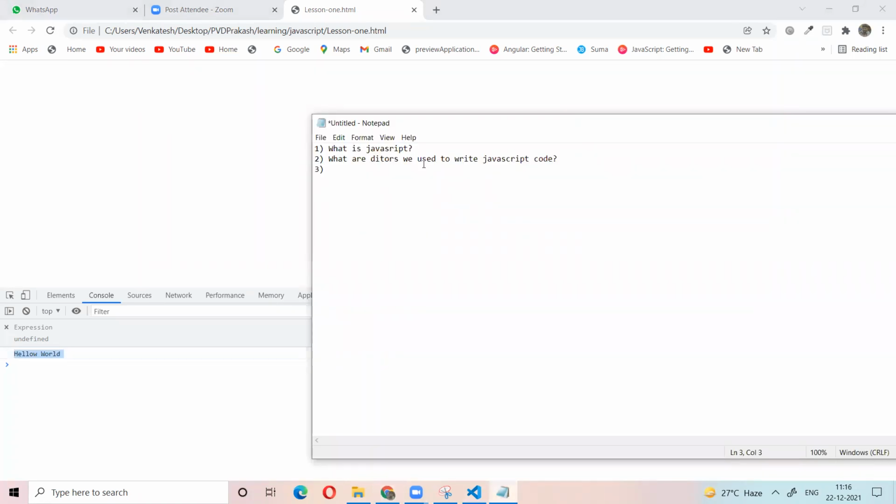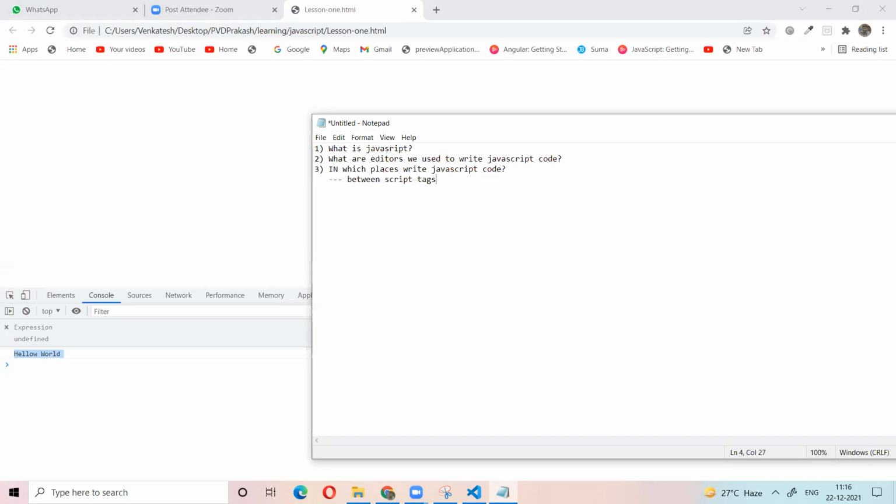The third thing is in which places we write the JavaScript code. One is between script tags.